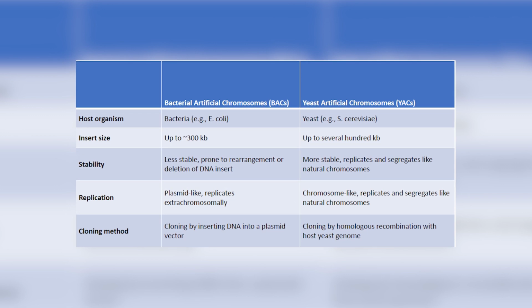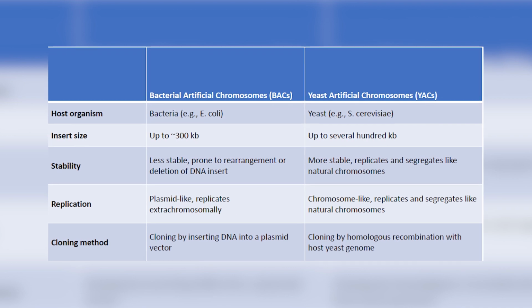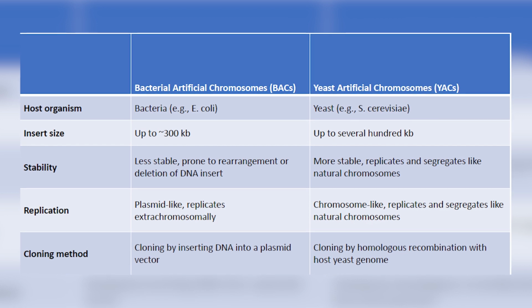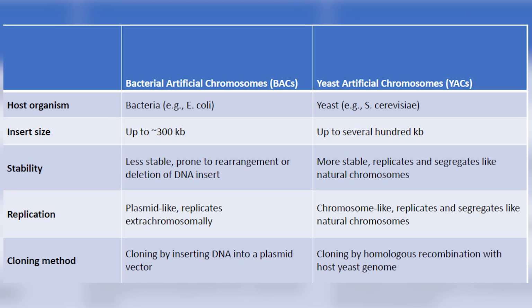In the bacterial artificial chromosome, the cloning limit is up to 300 kilobases, which is very good with respect to conventional plasmids, and here you can see a further increase in cloning capacity, to several hundred kilobases. Stability is lower in the bacterial artificial chromosome because there are chances of rearrangement, but when you talk about the yeast artificial chromosome, it carries